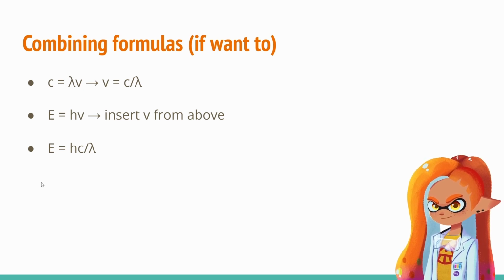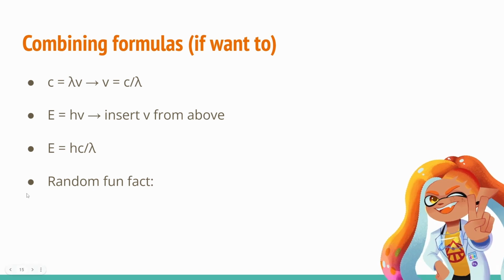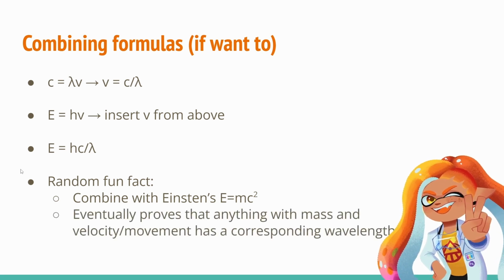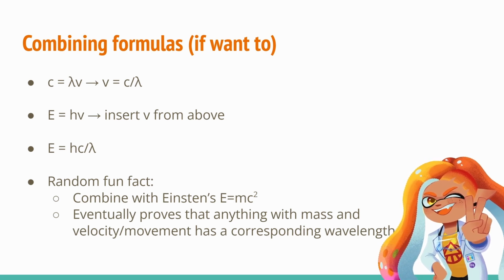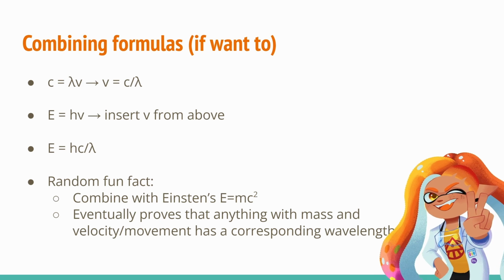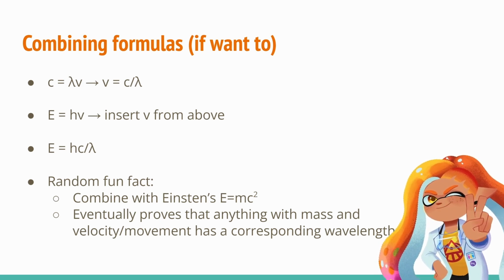Now, there is a fun fact, right? And it's an interesting one, in my opinion. If you take Einstein's equation, we know Einstein's equation, it's a famous one, right? And it's really cool, but I'm not going to go over the whole thing because it's not part of AVChem. But essentially, if you take this information, you use Einstein's equation, you do some mathy stuff, you can eventually prove that literally anything with mass and movement has a wavelength. Okay. Now, if you're like, what the heck does that even mean, right? You're proving that everything is particles and waves. Not just electrons, not just photons, everything is a particle and a wave. So technically you are part wave and part particle too. And it's just nutty to me to think about that because it's just so bizarre. Okay, well, that's a fun fact. Anyway,